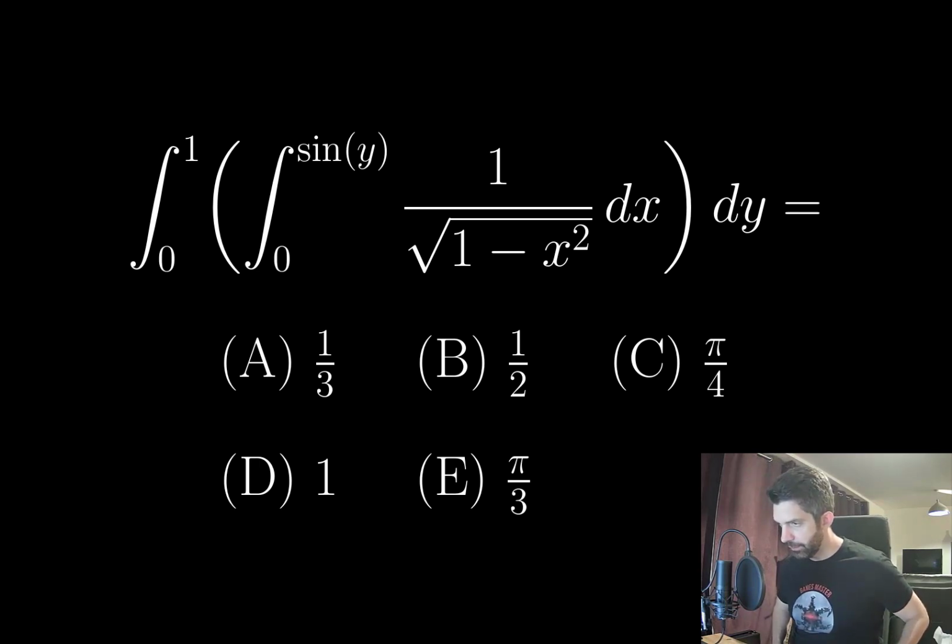intimidated by the form of these things, but I think the inner integral, 1 over root 1 minus x squared, I'm sure there's a trigonometric substitution we can make there. Or maybe there's a straightforward trigonometric integral. I think the antiderivative might be a trigonometric function for this. And then I'm hoping that once we substitute sine of y,